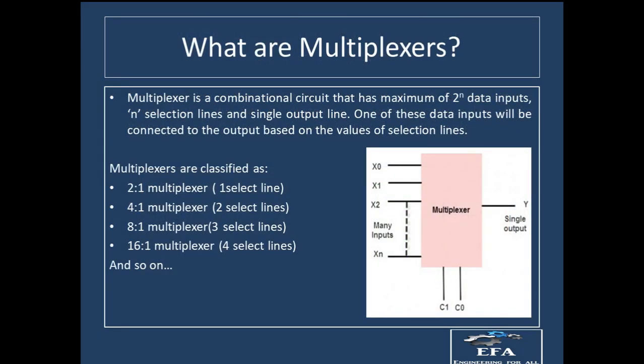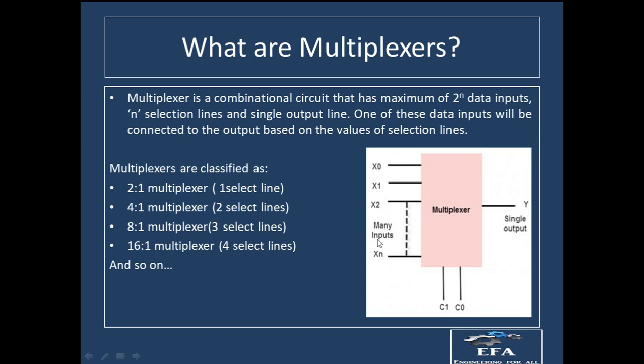Okay, so let us start with the first one, that is what are the multiplexers. So when we talk about the multiplexer, it is a type of circuit. You can see from this diagram, or we can see the block diagram, it is a type of circuit which is having a number of input lines and there will be only a single output line. So this is a basic definition of multiplexer, that this is a type of circuit which accepts the signal from multiple number of input lines and adjusts all those signals onto a single output line.